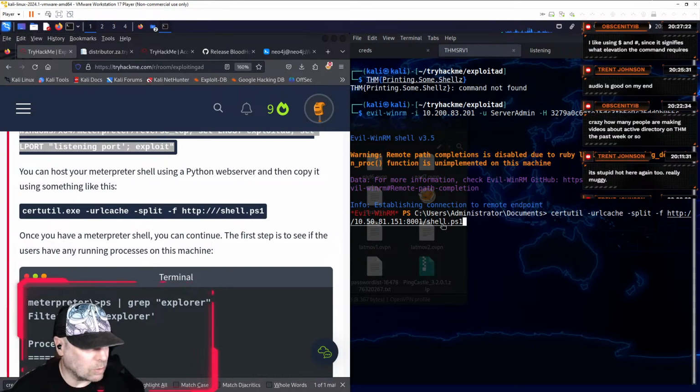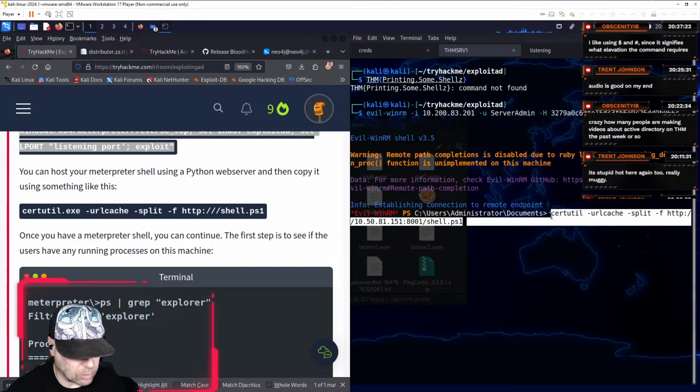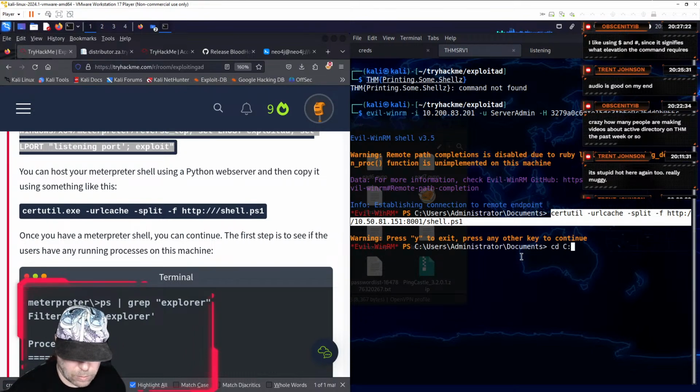Do I want to download it in this directory though? I don't know if I do. Let's copy this again. Temp is always a good choice, I think.